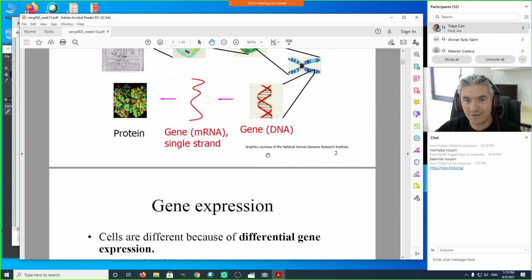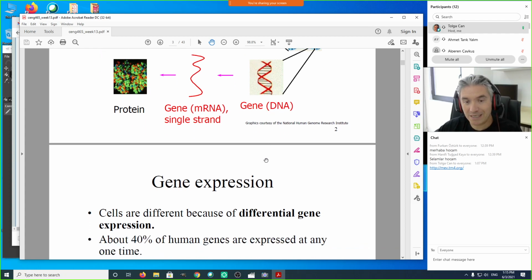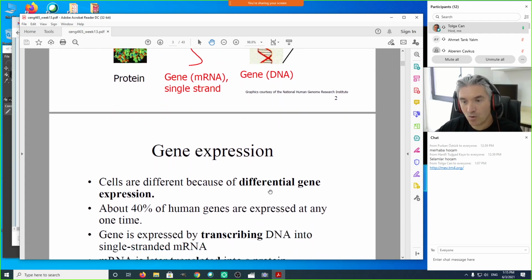So it's really dynamic which parts of the genome are processed in a specific cell, tissue, or organ. This is called differential gene expression. Genes are expressed differently in different cells. This is what makes different tissues different from each other. Okay, so that's the dynamicity